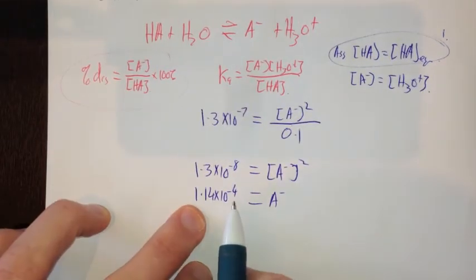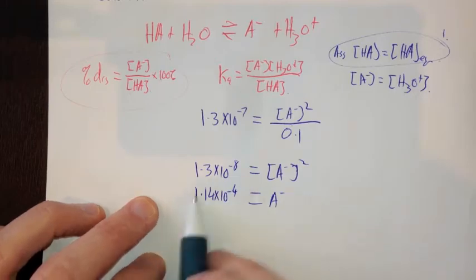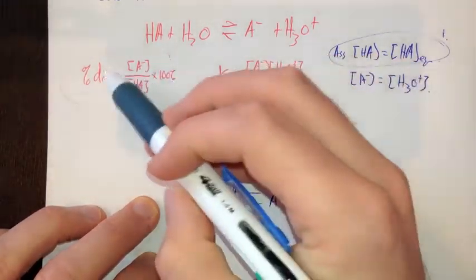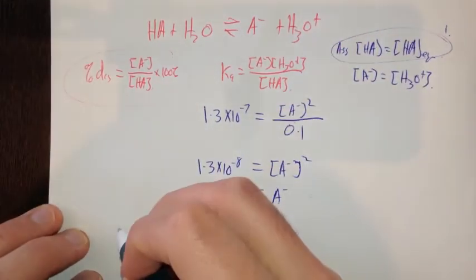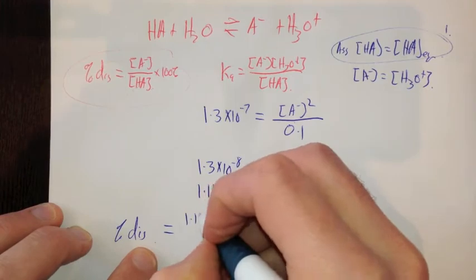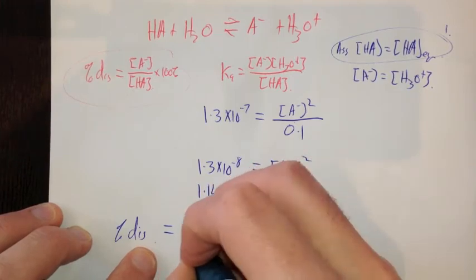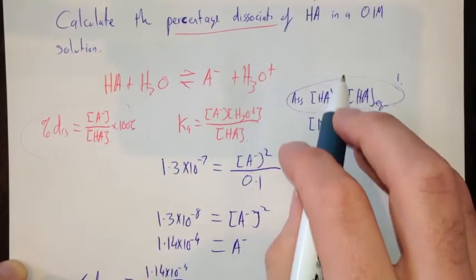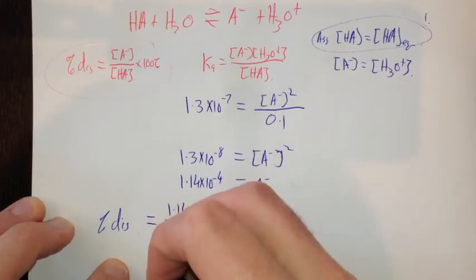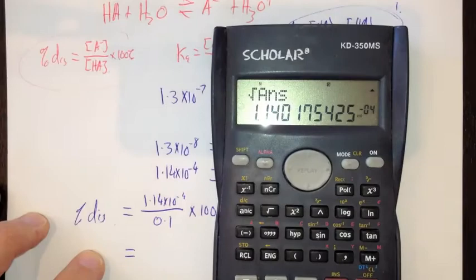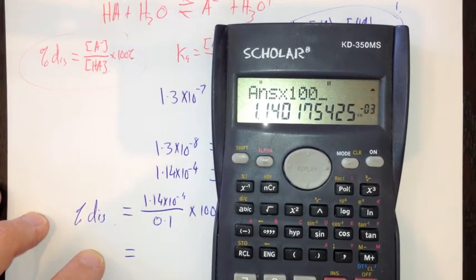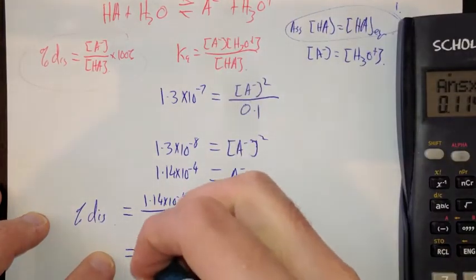Now we've got this, so we can work out our percentage dissociation. Percentage dissociation equals 1.14 times 10 to the negative 4 divided by our concentration, 0.1, multiplied by 100, equals 0.11